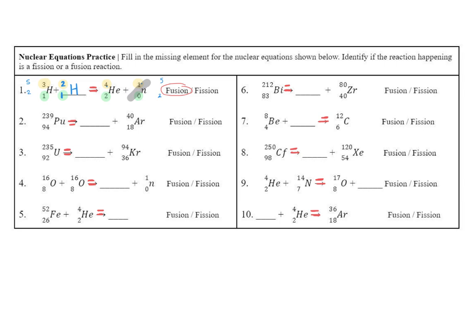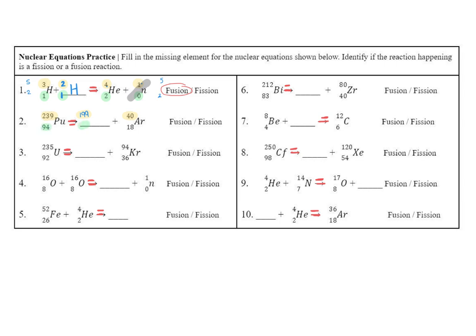Let's try another one. So I have this 239 has to equal my number and then 40. So I need to figure out what number plus 40 would give me 239. Okay, you can do guess and check, or you can take your calculator and do 239 minus 40, whatever works easier for you. If I do guess and check, I tried 200, and that doesn't work. 200 plus 40 would give me 240, so I'm going to do one less than that. That would be 199.